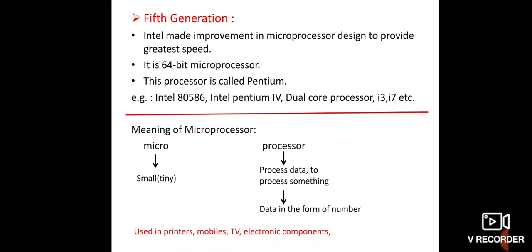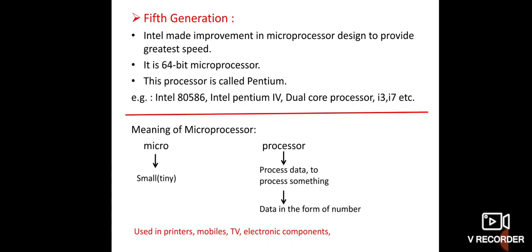So the size of the processor is very small. So microprocessor is the smallest device which is processing the data in the form of numbers. This is the basic definition of microprocessor. Nowadays,